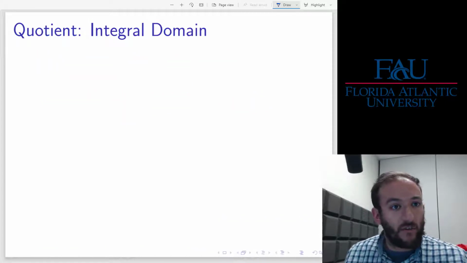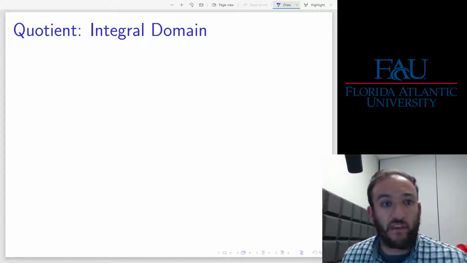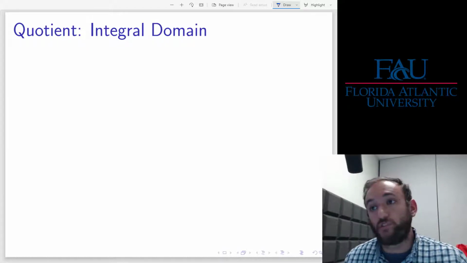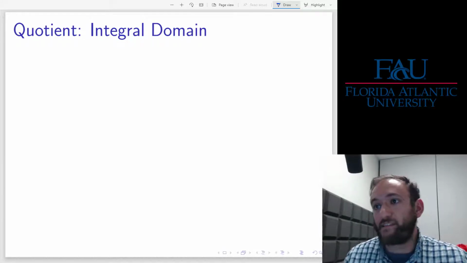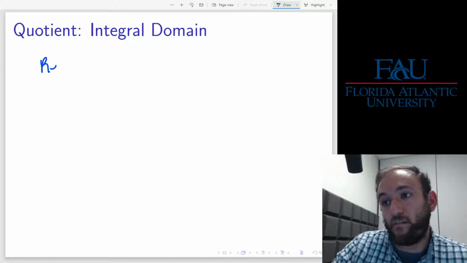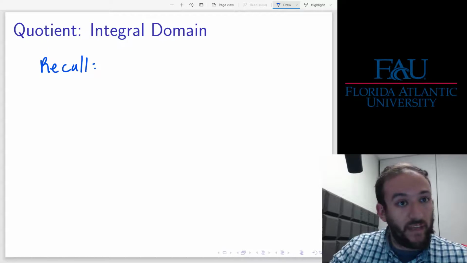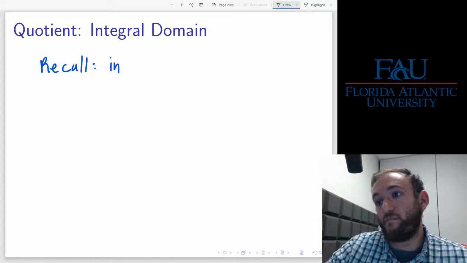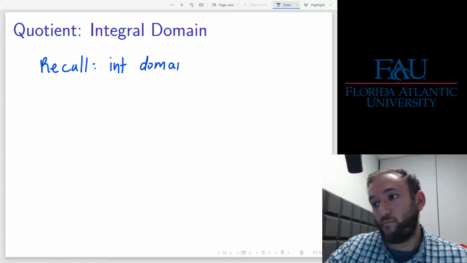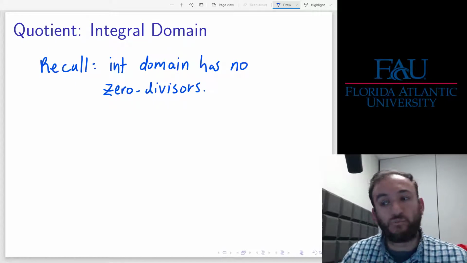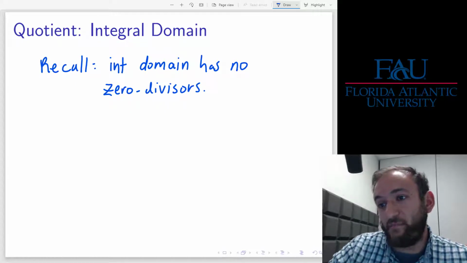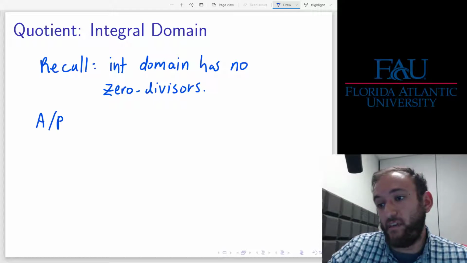Going back to our theme that properties of the ideal translate into properties of the quotient ring, the quotient of a ring by a prime ideal is an integral domain. And let's see why that's the case. Recall that an integral domain is a ring without any zero divisors. Well, what does it mean if the quotient by P has no zero divisors? So if A mod P is an integral domain,